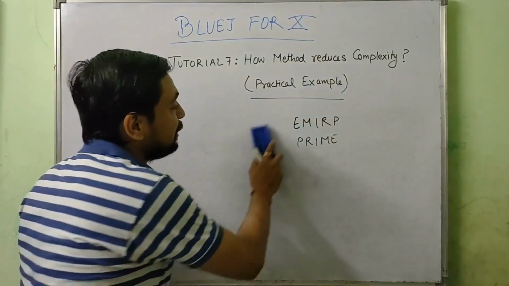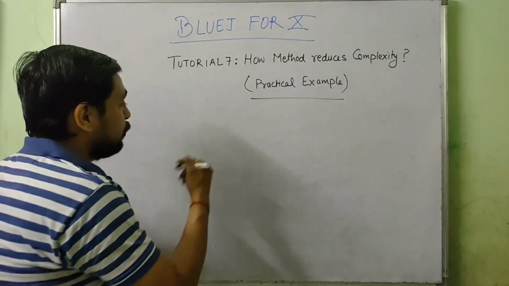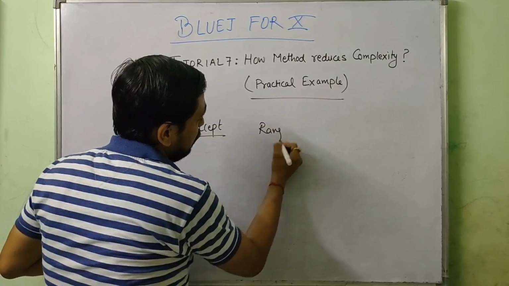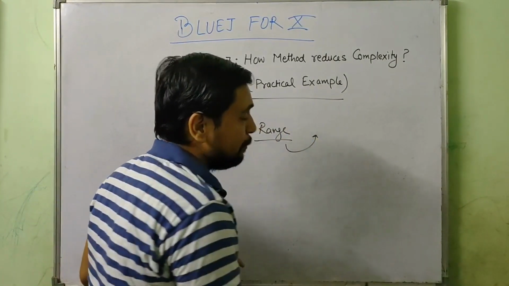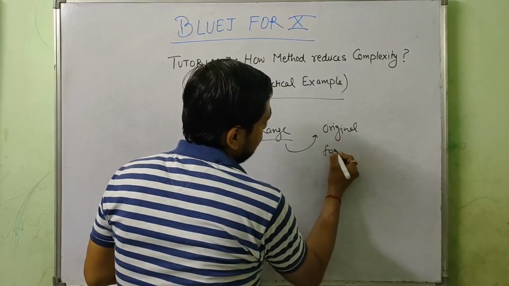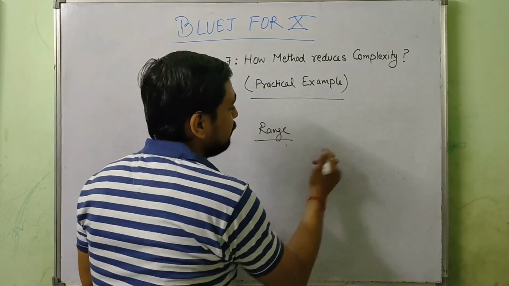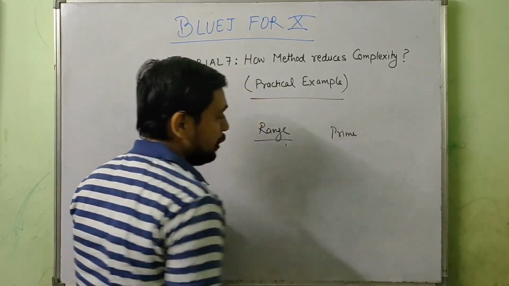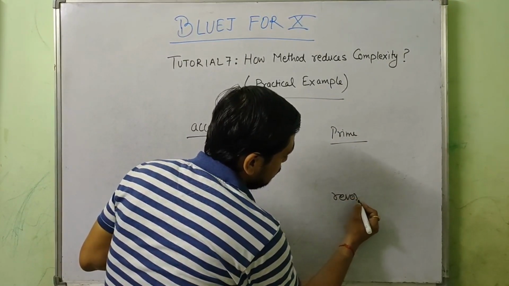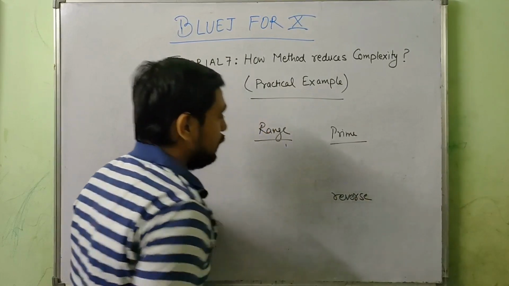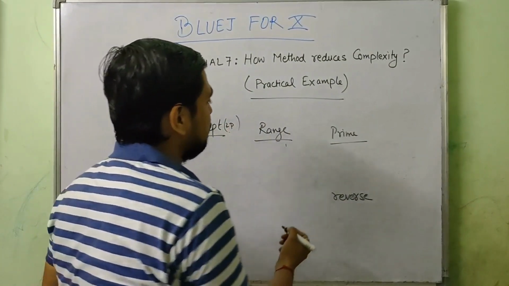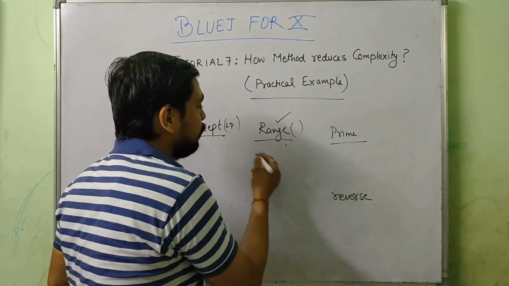Again, you will create different methods to perform the task. For example, you will accept values. Now you will work in the range. Each number that you are taking from the range, you first check whether the original is prime. So you will create one method that will check whether a number is prime or not, and one for reversing. Accept will accept two parameters. Range will work for the range, so no parameter you will pass, no return type.